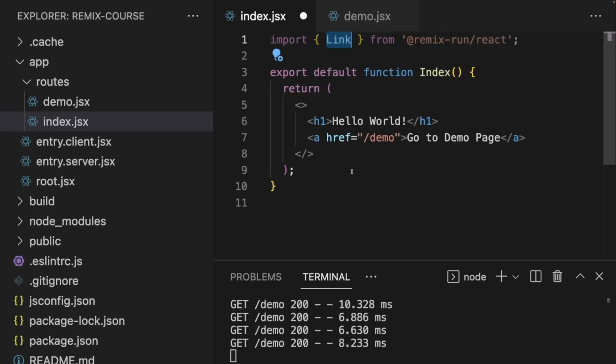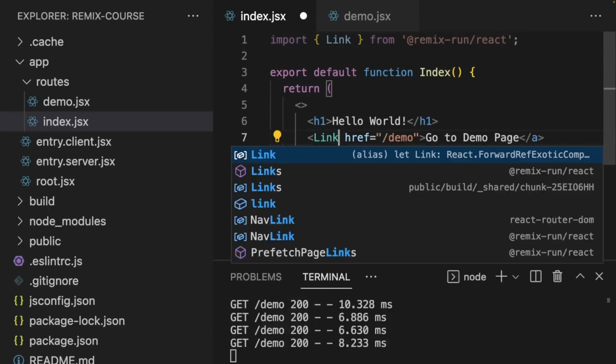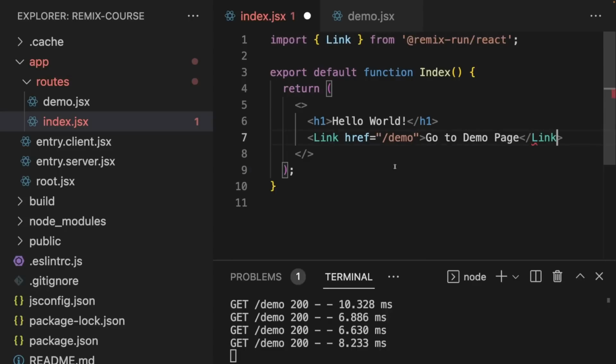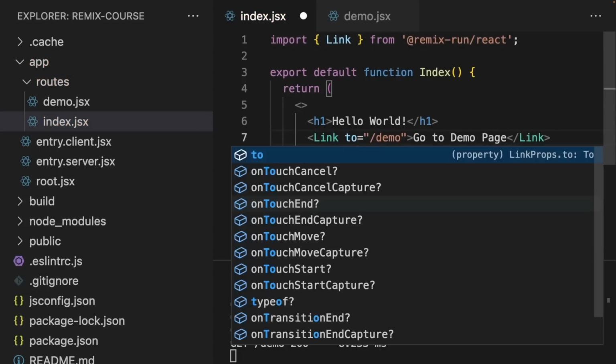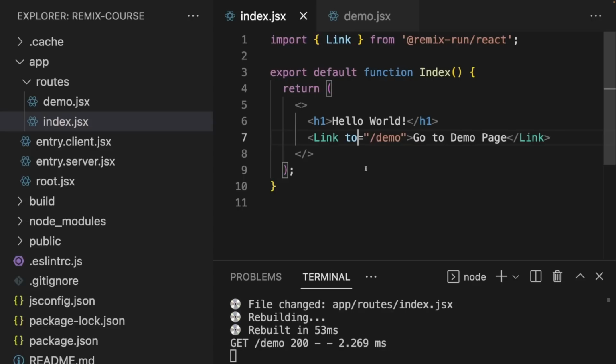Now, this link component is a component you of course might know from React Router, which by the way is a package developed by the same team that built Remix. But here we're not importing it from React Router, but instead from @remixrun/react. Now, if we use this link instead of the anchor element, and we replace the href attribute with the to prop,